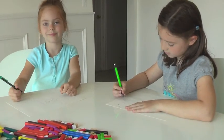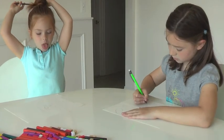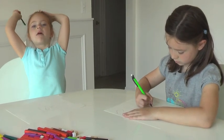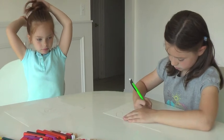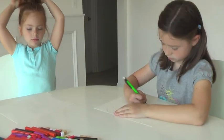Okay, the girls are doing a fun activity that we got the idea from the Miquon math curriculum. Hi, Mommy. Actually, I think you're supposed to say Miquon, but I've been saying Miquon for years, so that's how I'm going to say it. So what you do